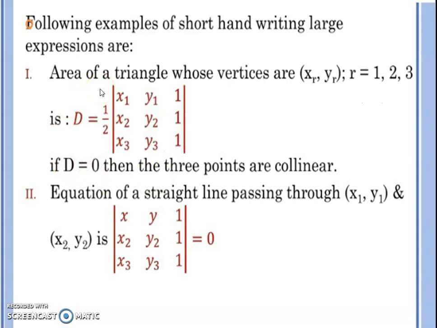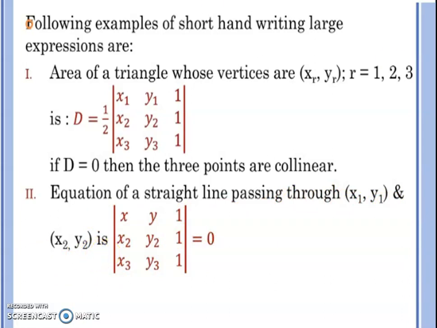Now obviously, the summary of this chapter. In this chapter we study the area of a triangle whose vertices are any types of vertices. Then the area of the triangle is given by 1 upon 2 times the determinant x1 y1 1, x2 y2 1, x3 y3 1. If the determinant is 0, then the 3 given points, that is 3 vertices, are collinear. The equation of a straight line passing through x1, y1 and x2, y2 is: